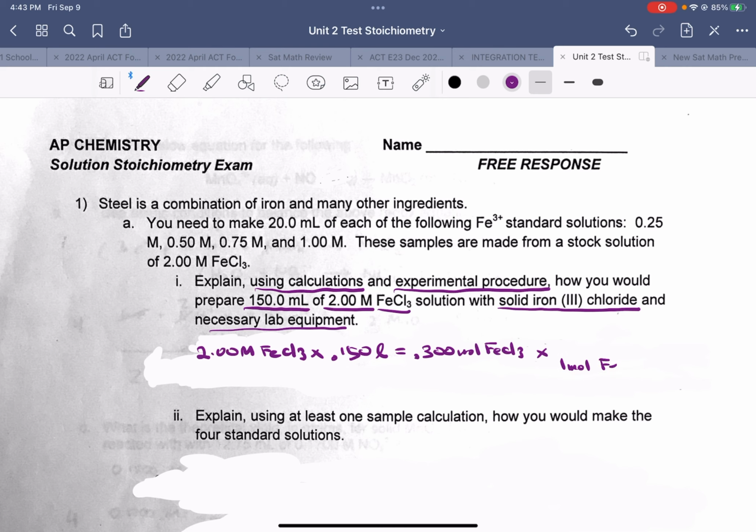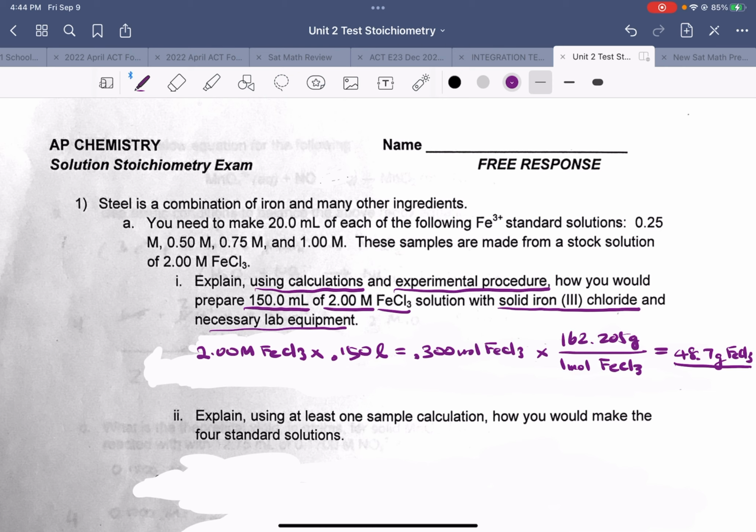When you use a periodic table to find the molar mass of FeCl3, you get 162.205 grams per mole. If you use a calculator and multiply, approximately 48.7 grams of solid FeCl3. So that many grams you need in order to make 150